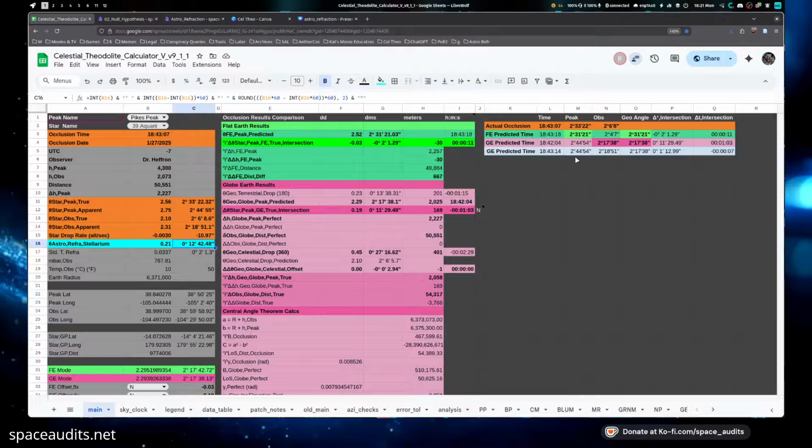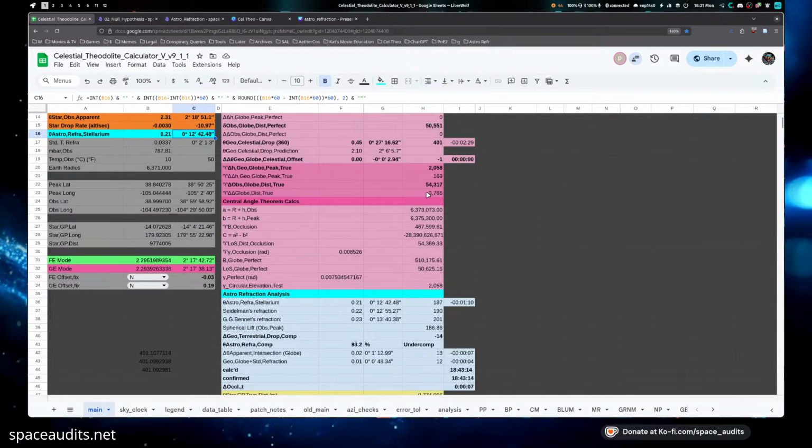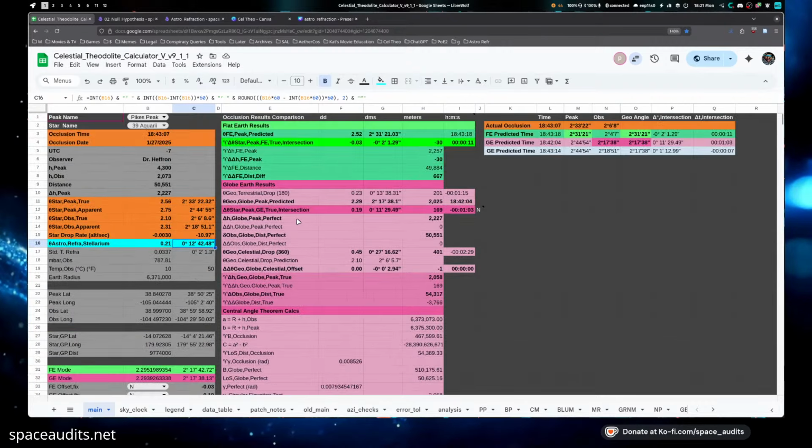So if I give these values for refraction as told to us by Stellarium, then if there's no occlusion here, these numbers stand as the number that's needed to fulfill the Novaya Zemlya effect. You can think of it as, this is the number that it has to be, because if it's a different number, then it's not following the 15 degrees per hour. So I am willing to give the astronomical refraction, but you must use it in its entirety in the analysis of the geometric intersection of what you would consider to be the peak at 217 here. So if you are ever over your geometric peak at the time of occlusion, you are thus not occluded.